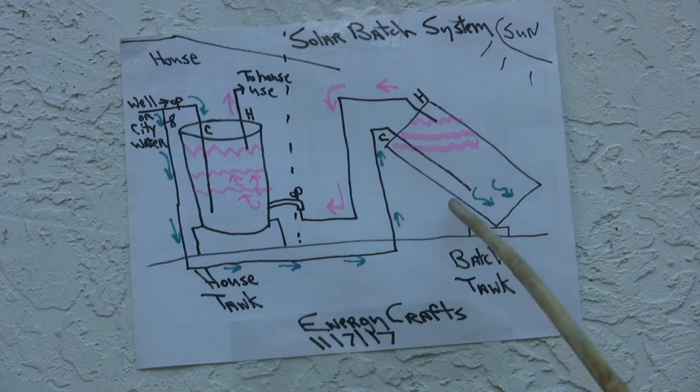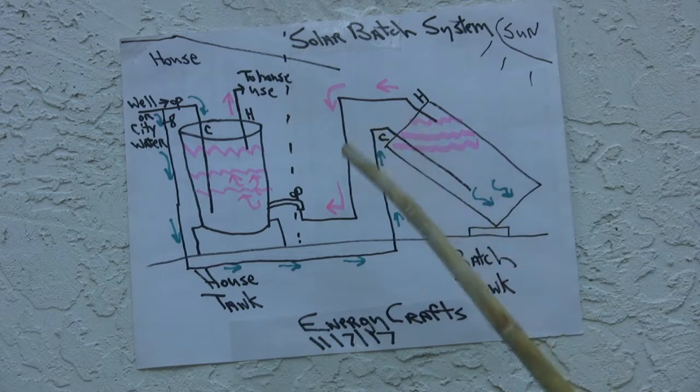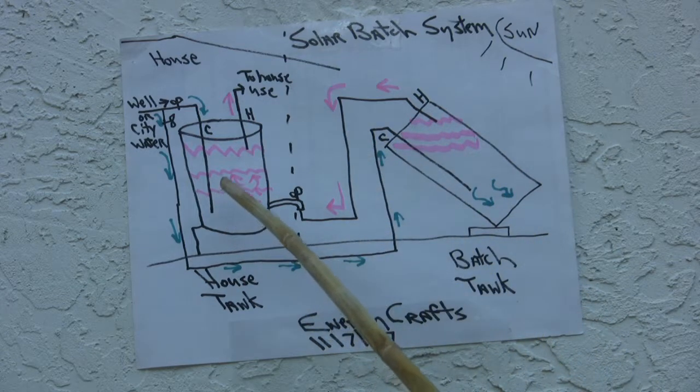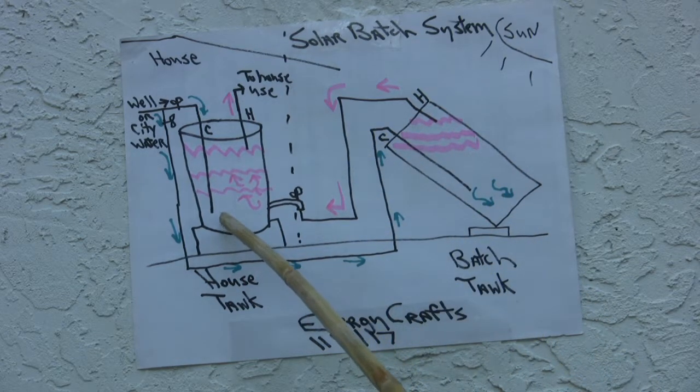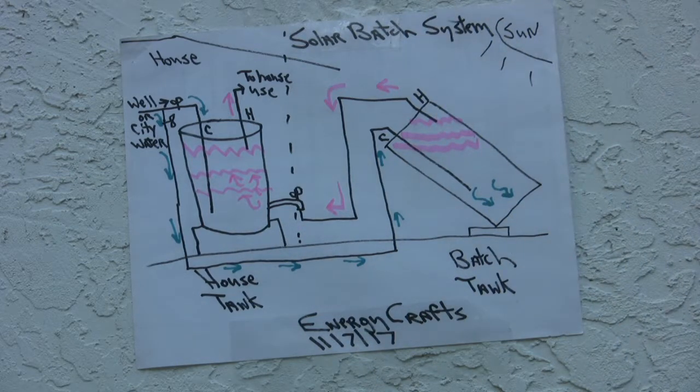So in my way, most of the sediment would stay in the batch tank, and only a very slight amount might go into the indoor tank. So that's an advantage. So there's 2 advantages of this system. It's not only that we're heating up water